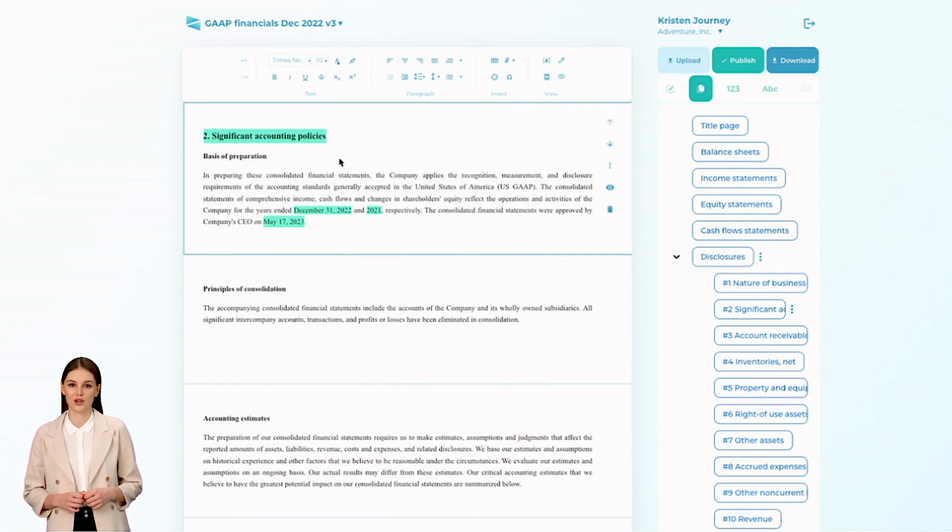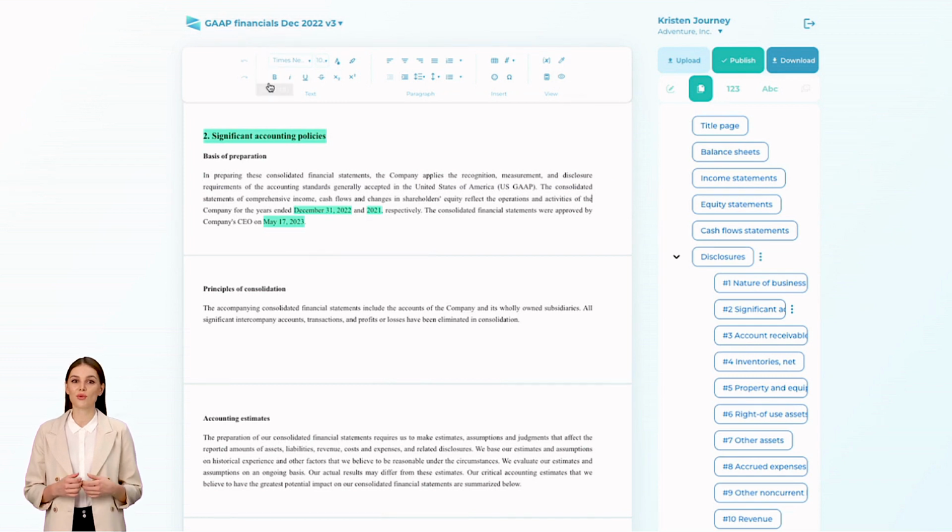Let's now look at the formatting ribbon in the upper part of the screen. We organized it in a friendly way for Word and Google Docs users, including all functionality needed for financial reports. Any formatting edits you make in the portal will also go to the Word file that you'll download as a final product. In the text block, you can change all your text font settings. The paragraph block helps you manage alignment, indentation, create lists, and set up spacing between lines and paragraphs. In the insert block, you can add special characters, create a table, or as we saw earlier, insert dynamic fields.